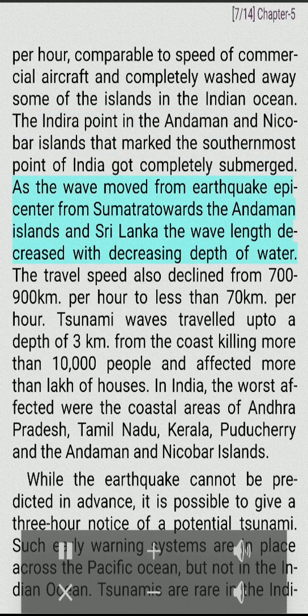As the wave moved from the earthquake epicenter in Sumatra towards the Andaman Islands and Sri Lanka, the wavelength decreased with decreasing depth of water. The travel speed also declined from 700-900 kilometers per hour to less than 70 kilometers per hour. Tsunami waves traveled up to a depth of 3 kilometers from the coast, killing more than 10,000 people and affecting more than a lakh of houses. In India, the worst affected were the coastal areas of Andhra Pradesh, Tamil Nadu, Kerala, Puducherry and the Andaman and